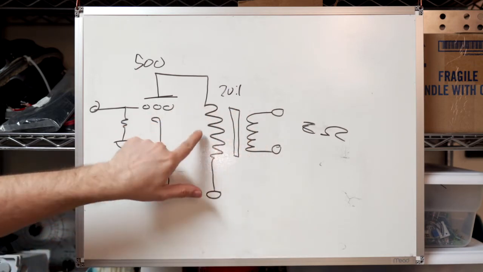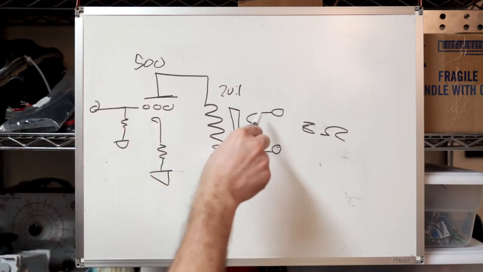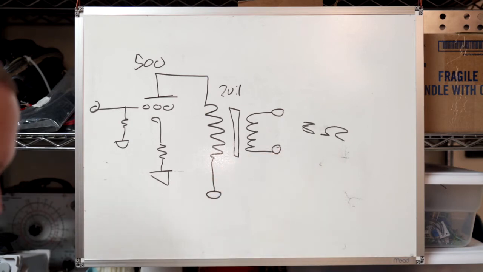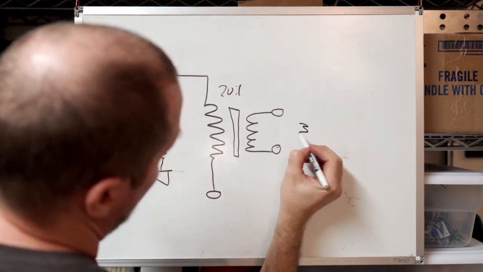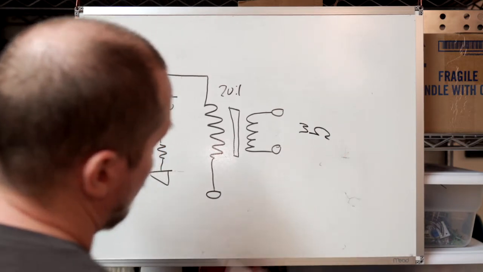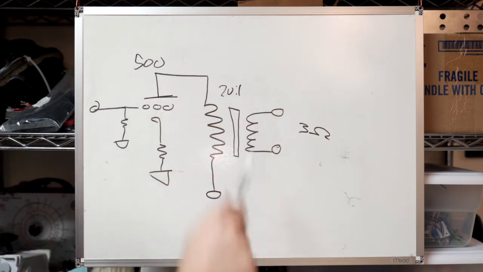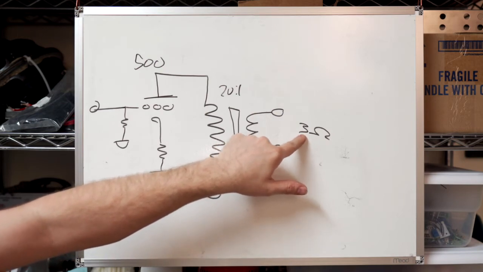So the DCR of this winding will be small compared to the plate probably. But the DCR of this secondary winding will be large compared to that probably. So you're looking at probably adding another ohm there, something like 3 ohms maybe on something like this. And the other interesting thing about a tube amplifier is because it has a higher output impedance, also